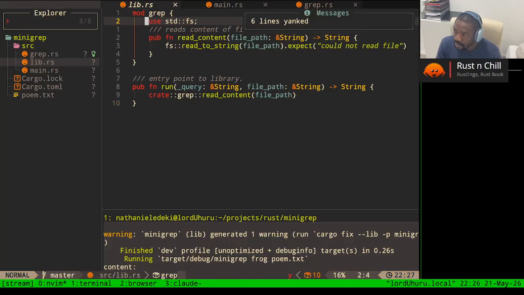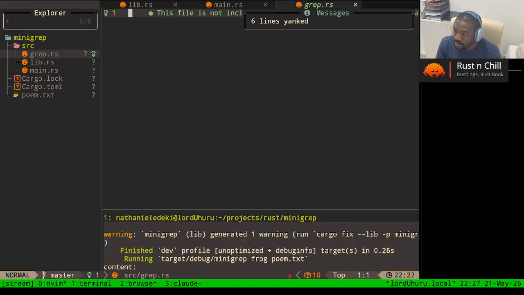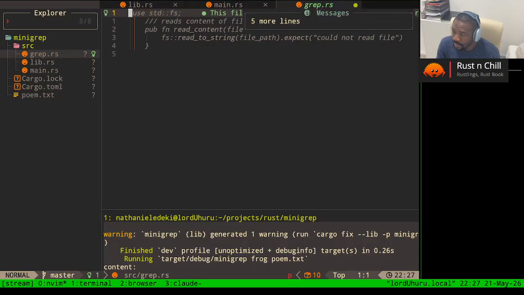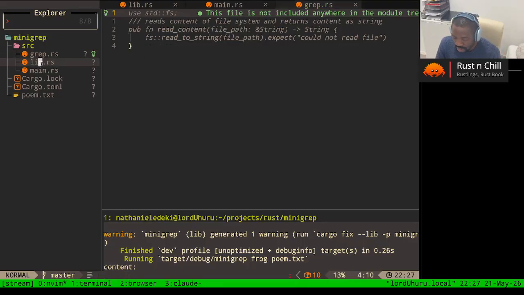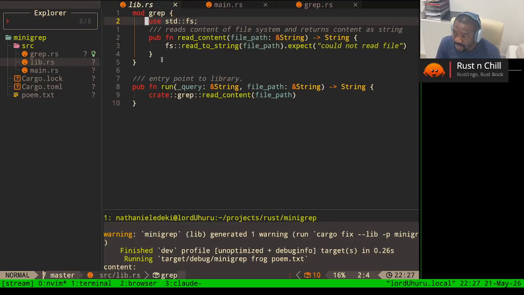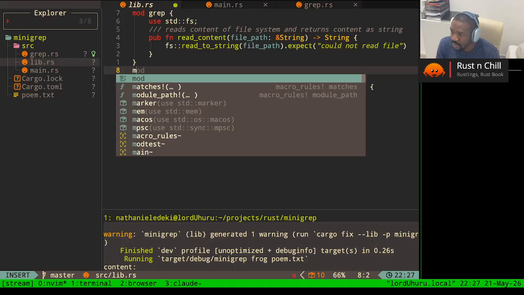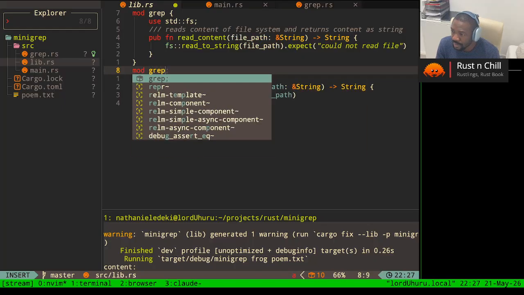Yeah, and go to grep and paste our code there. However, the Rust compiler cannot even see it, right? It's not included. That's why it's complaining right now. So in our lib.rs, which is the entry point, we have to specify that, hey, look for this, right? So we do a mod grep